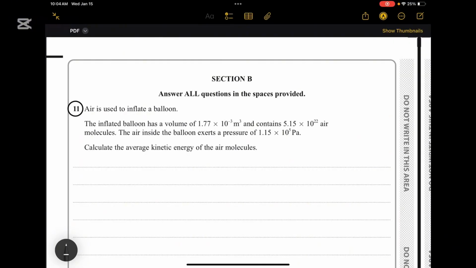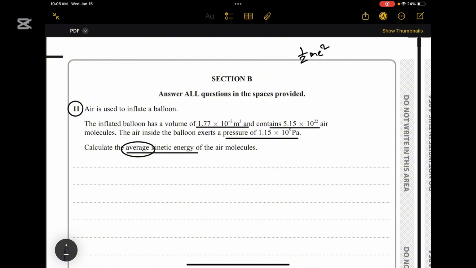Okay, so air is used to inflate a balloon. The inflated balloon has a volume and contains this number of particles, and it has a volume of this. Okay, this has a pressure of this, and they have asked us to find the average kinetic energy of the molecules. When they say average kinetic energy, we will straight jump onto one equation or formula, which is